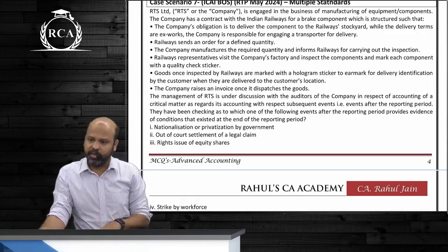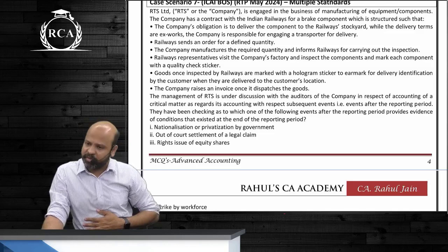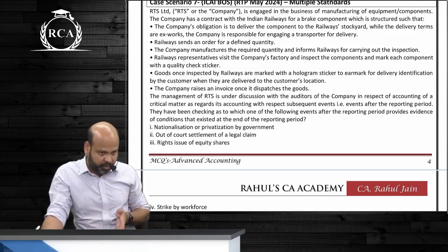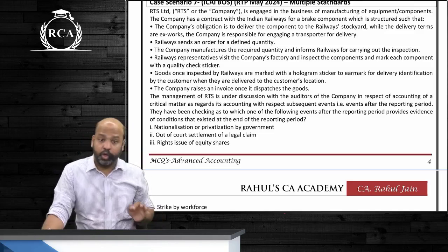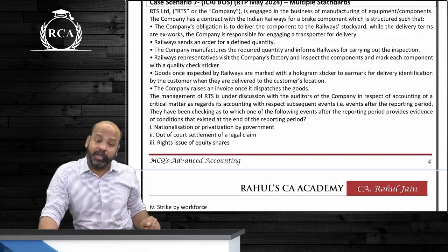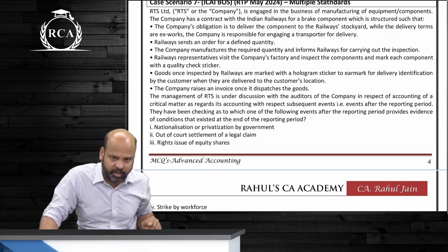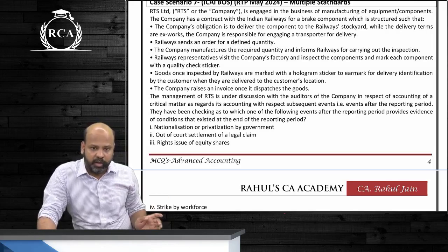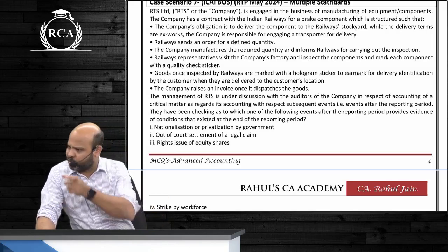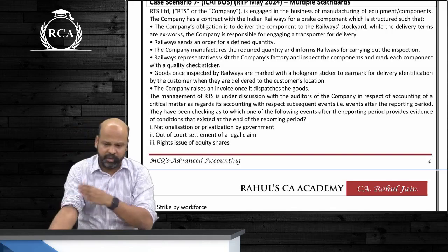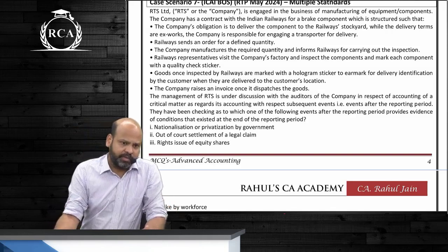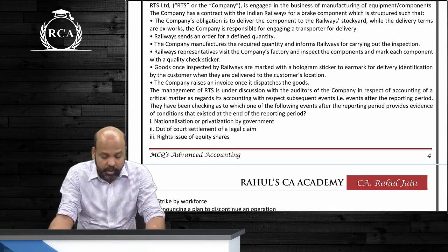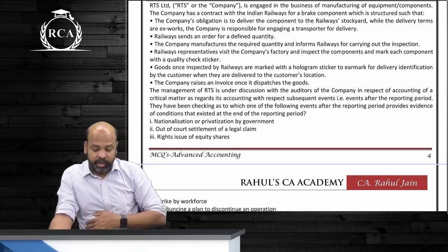Are we clear, guys? Usually when it is on an ex works basis, risk and rewards of ownership get transferred, guys, immediately once the inventory moves out of the factory. Instead of using the word ex works, I have used the word ex factory in the class, beta. I had dictated all these quotations in class, beta. So ex factory is the minute, beta, the product is delivered outside the factory gate, the risk and rewards incidental to ownership are transferred.